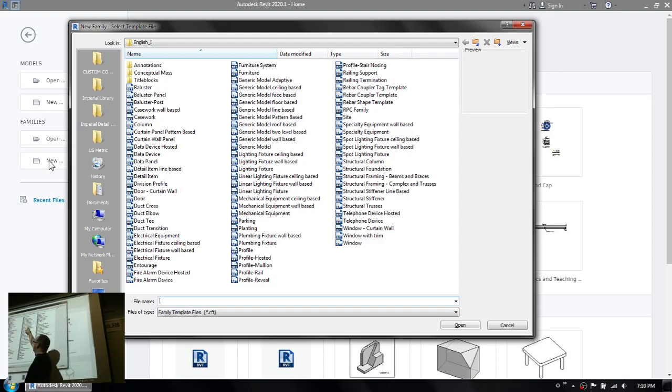So what you can do is start with the generic model face-based template, change it to the window category, and you're off to the races. So your generic model face-based template, you switch it to a window, and then you stick that thing on a sloped wall, and it follows the angle of the wall. We'll see that later. So there are all kinds of templates here, but really there's only about 6 or 8 different actual templates in this list. It's kind of intimidating when you first look at it, but it's actually not a big deal. So the main thing you have to decide is,